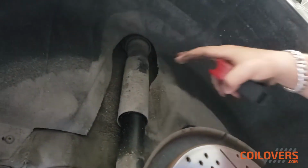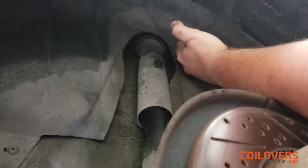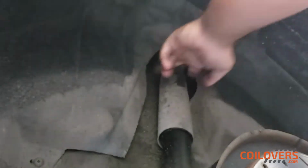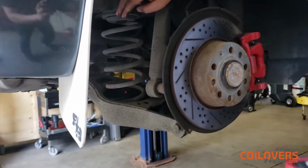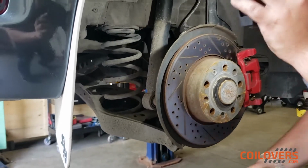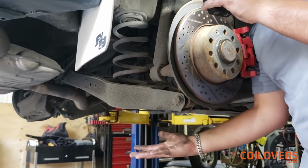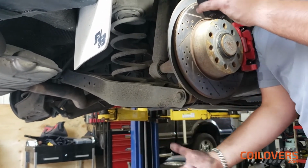You don't really need to remove your liner. If you just tug on the liner a little bit, you can definitely fit the tool in there and remove the top mount of this strut. And then, when you're removing the bottom spring over here, make sure you have a jack underneath, because this spring is under pressure and you don't want it to fling at you. So make sure you have a jack under here so you can slowly release the pressure